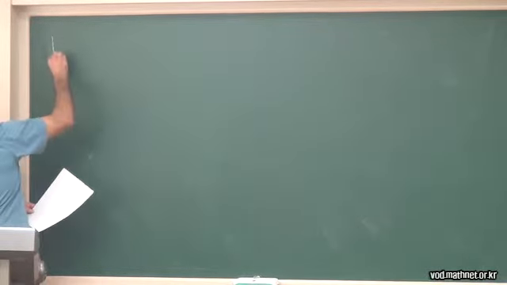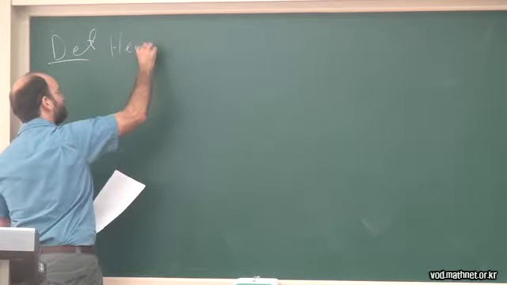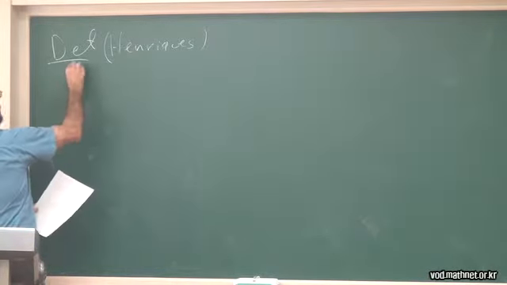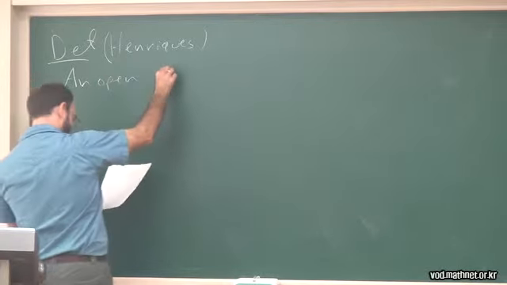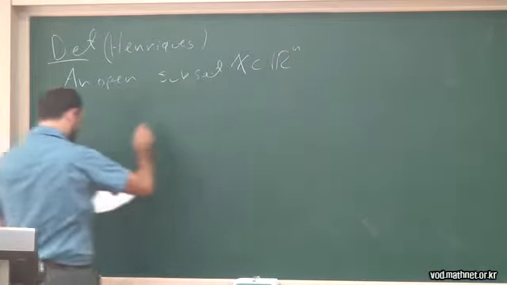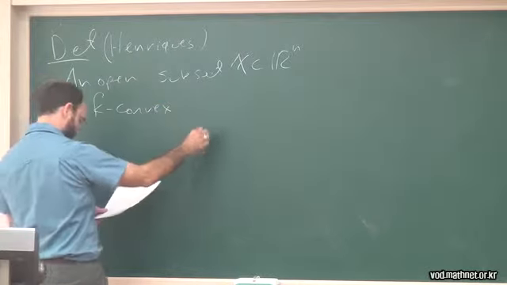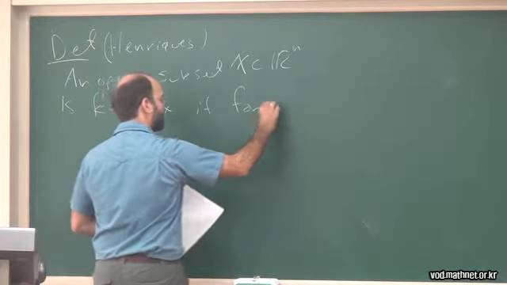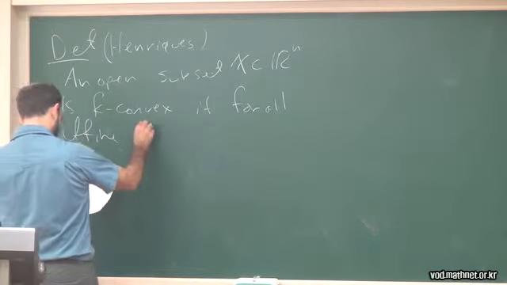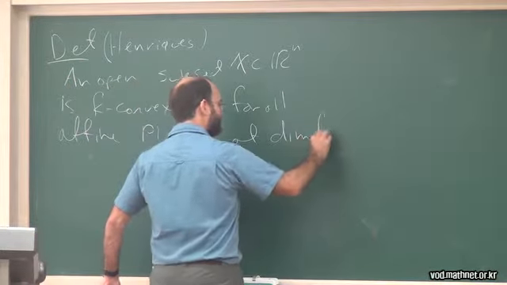Anyways, there's a definition, and in fact the definition was already foreshadowed pretty strongly. It's due to Enriquez; I don't know how to pronounce his name. He says that an open set X contained in R^n is, he calls this k-convex, if for all affine planes L of dimension k plus 1,